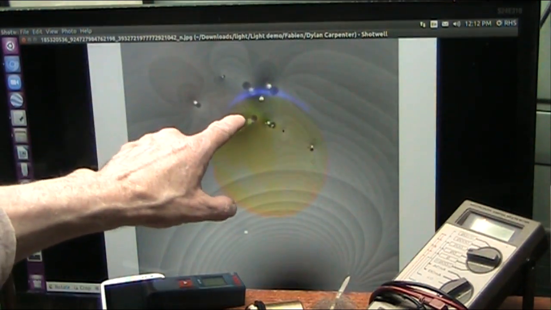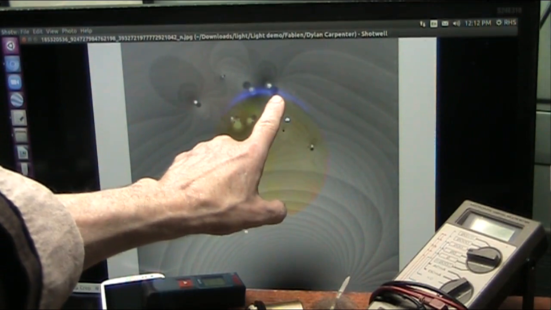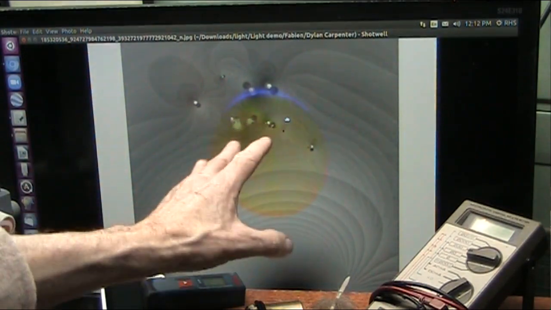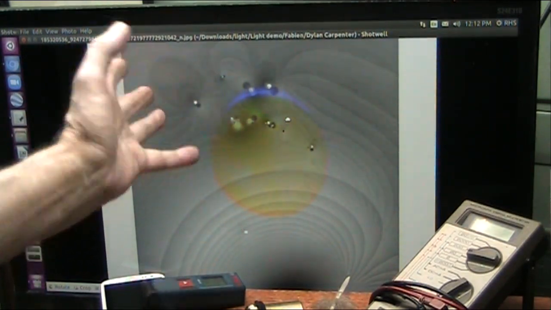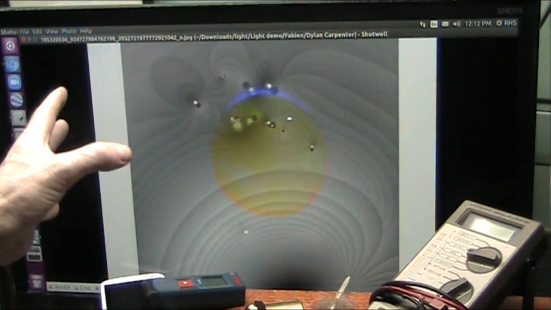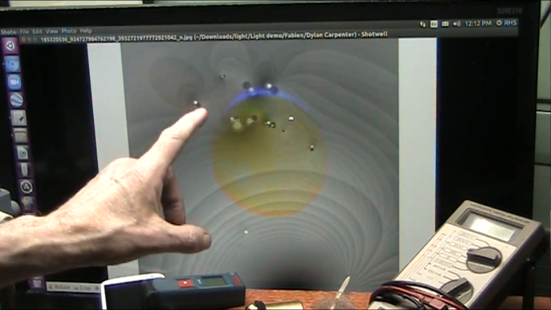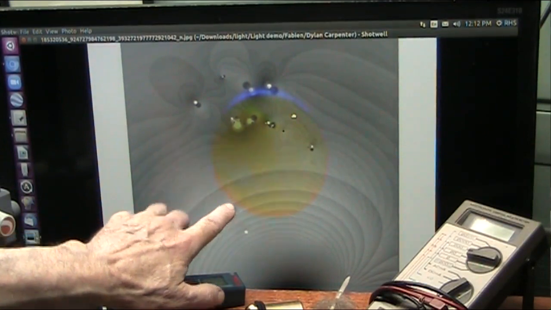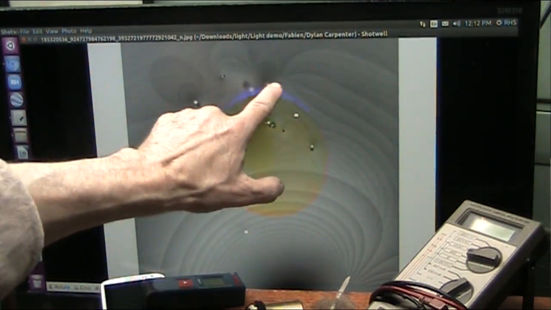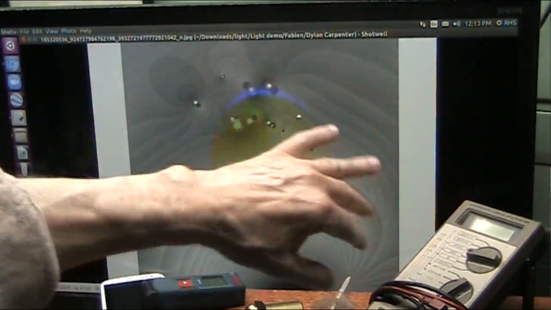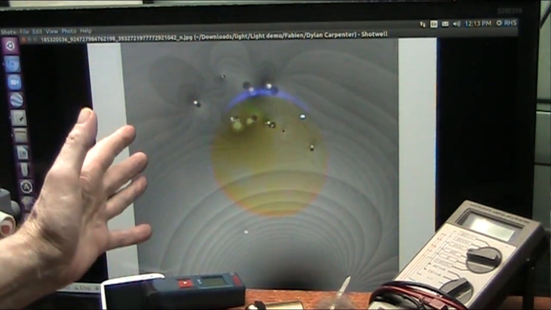Now, here's the thing that kills me right here. You see how uniform these fields are? The big black ball, and it's bigger than the white. It just seems to be. But then over the top of the moon, some of the white ones are bigger than the black. I don't know what's going on with the moon, why they should be in front of the moon. Like I say, I have no big news about this. But I can tell you this, when you see blue, it's more energetic than when you see this color. So this is either energetic because it's working against these fields, or it's pushing these fields out of the way and going this way. I don't know.